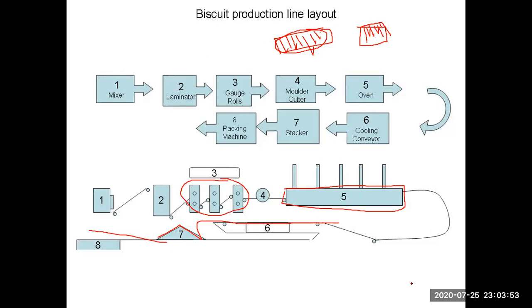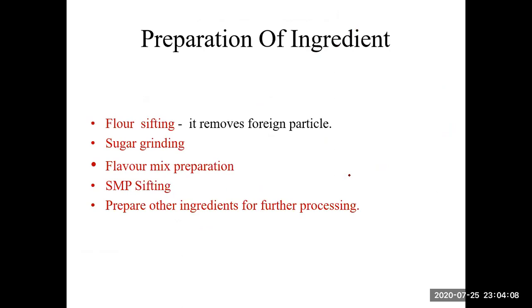So that is the main thing that we are going to read, and I have summarized all the topics here with some small descriptions. Now I will go into detail on what happens in these steps. First of all, preparation of ingredients, or we can also say the pre-mixing stage. What do you have to do there?